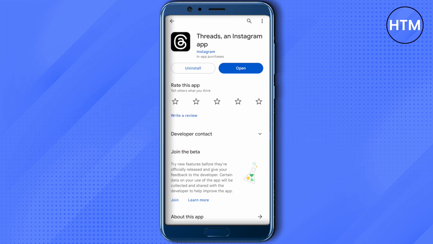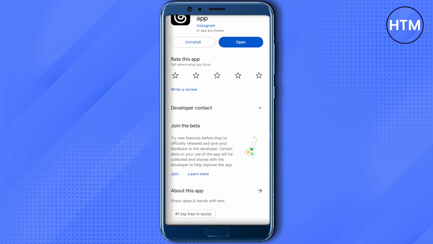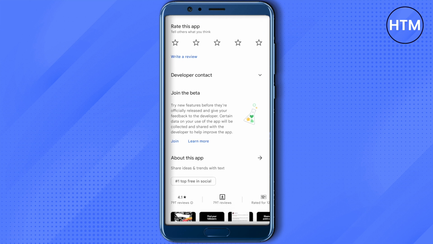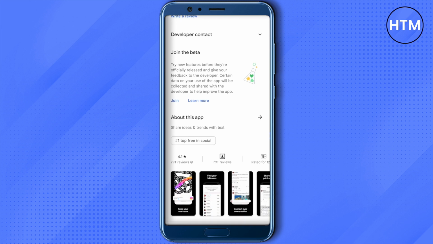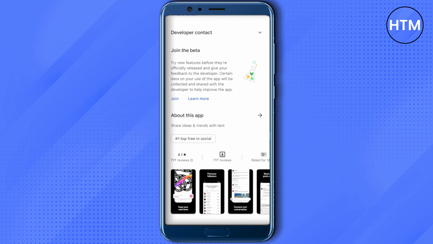So the first one is the character limit that you will be able to use on Threads and Twitter. It is around 500 characters on Threads, and for Twitter it is 280 for unpaid users and 25,000 for paid subscribers. And multiple accounts are allowed on both of these platforms, but when it comes to verification, if you are